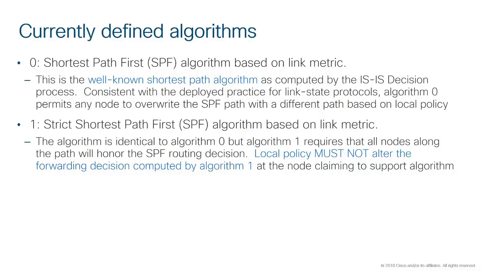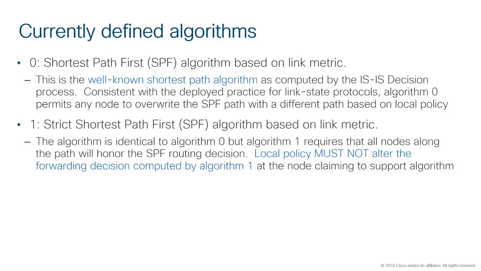And the algorithm 1 is the same, but we call it strict. Why? Because if I am, let's say, a node, and I'm computing the shortest path to Gaurav in San Francisco, I'm expecting a specific path through the network to get there. And that's the shortest path according to the link state database that is the same for everybody. The strict algorithm,